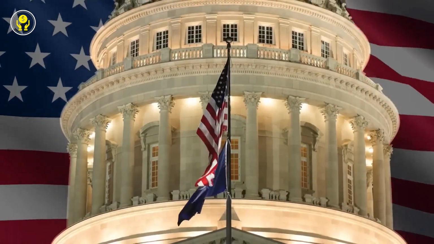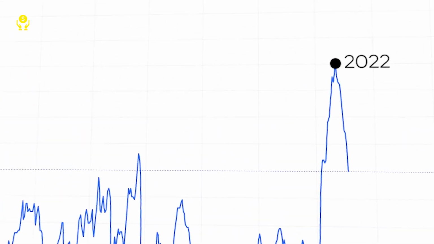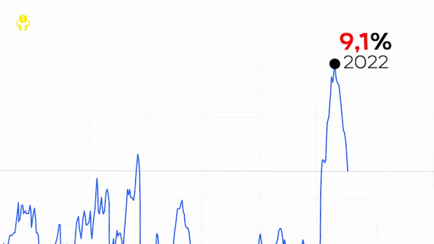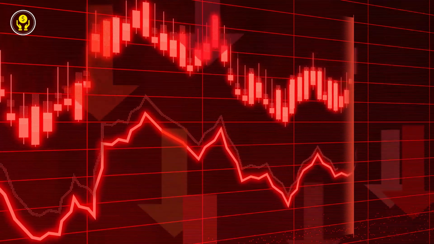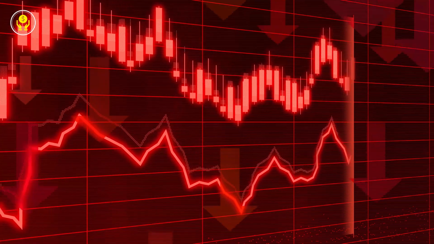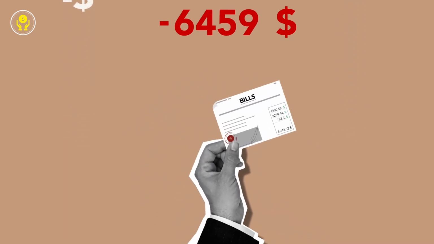In 2022, their history saw inflation rise to 9.1%, the highest level in the past 40 years. When there is inflation in North America, it spreads to other countries and ends up affecting the rest of the world. Therefore, if the United States government fails to control the inflation problem, we could have a much deeper global crisis than what the world is currently experiencing.